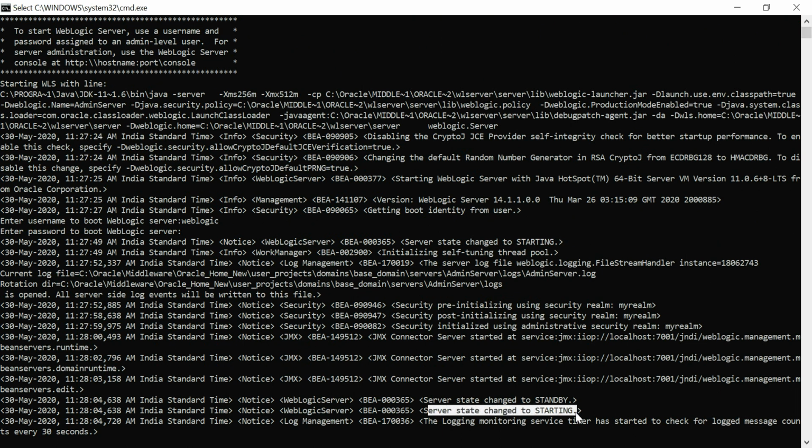The server state changes to starting. It will take some time to start.